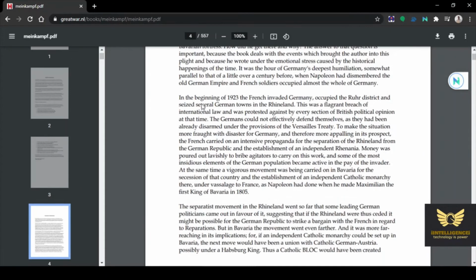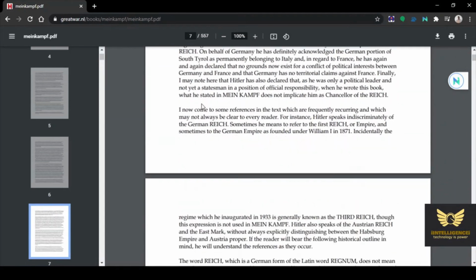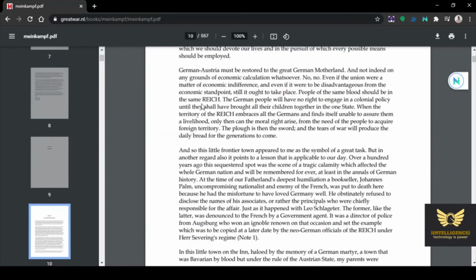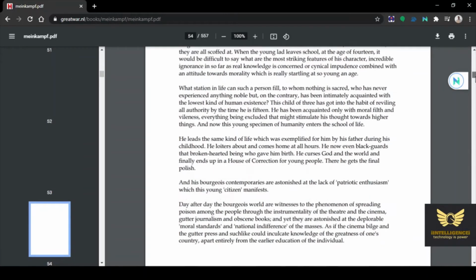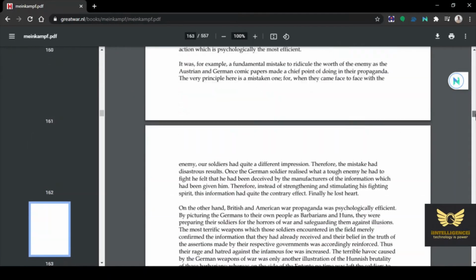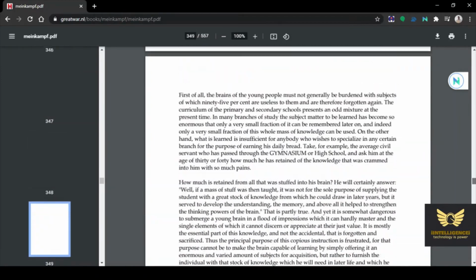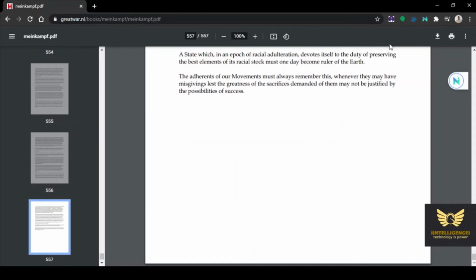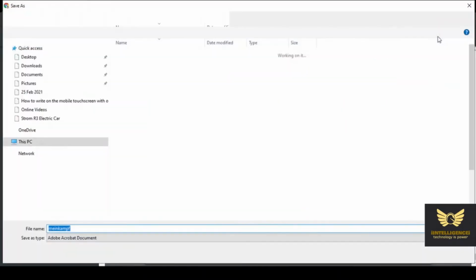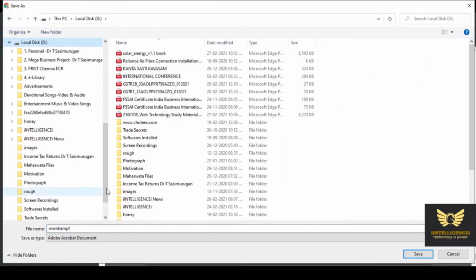See, the way you use Google search plays a very important role in the output that you get. You can search it like this. See here, you could find a 557 pages textbook. You can download it.